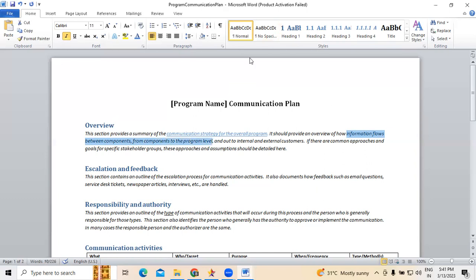because people working on the program management team should understand the information flows from the components to the program level, as there are different hardware and software components used while working on the program. For example, take a cloud-based point of sale system as a project. There are two different components.